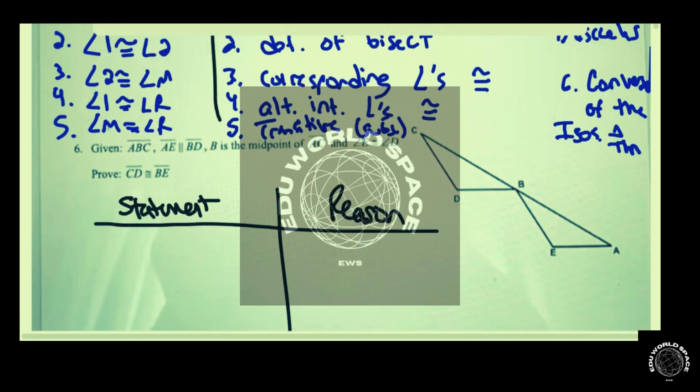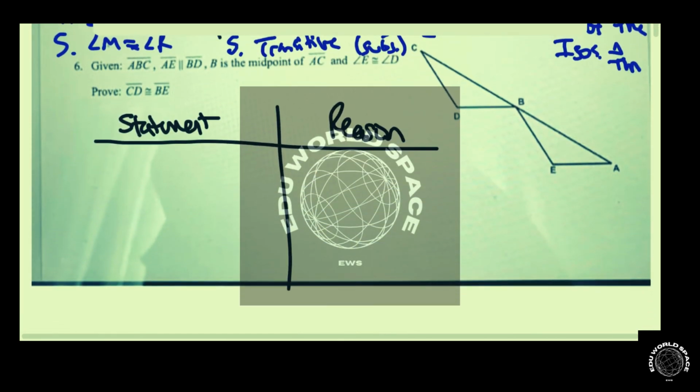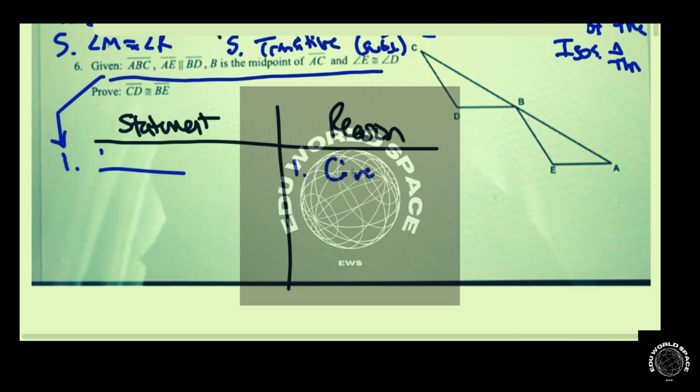Okay, and number 6, again, I'm just going to say all of that goes into the first statement, given. We want to prove that CD and BE are congruent. When we have AE is parallel to BD,